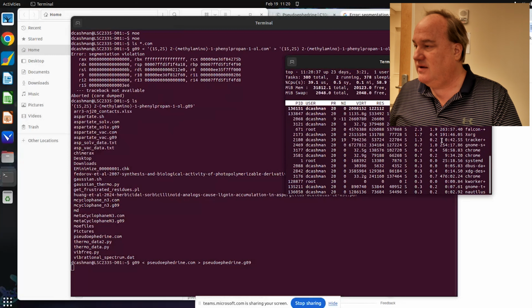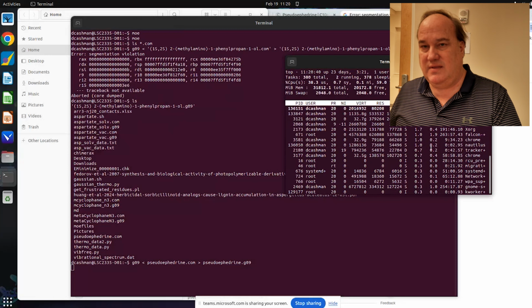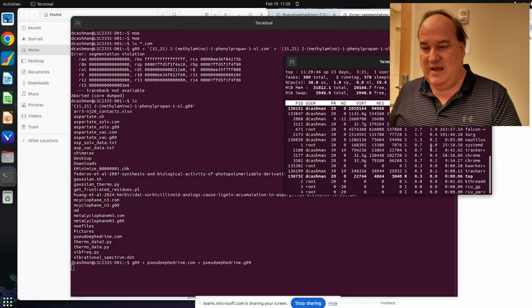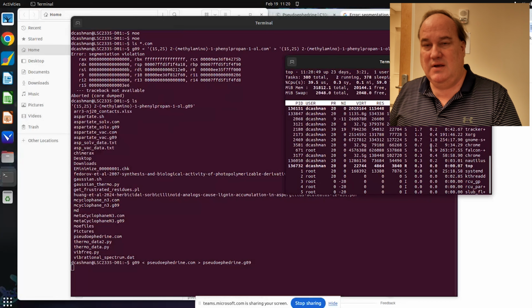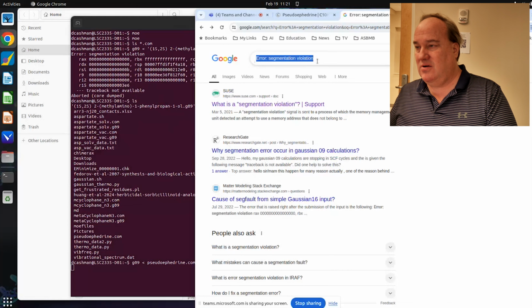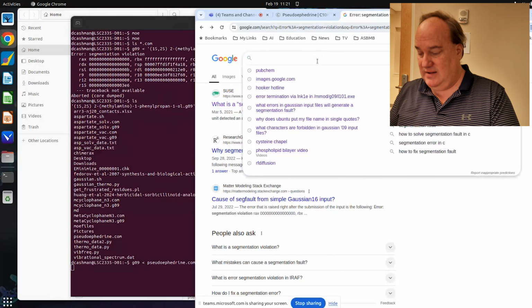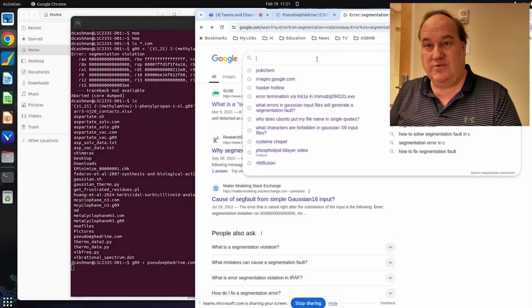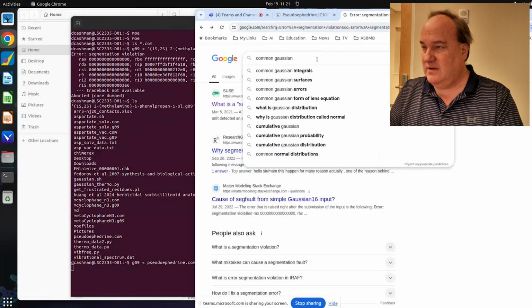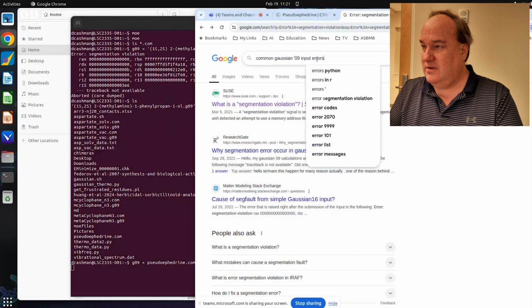We're still executing Gaussian here. But that's kind of the way to just see, you know, when you have errors and issues, go to Google and take the error. Now, if there was an error in the file name, I can just cut and paste that error to Google, and then I can cut it, and then I can paste it here, right? One other thing to do, Google's your friend, right? You can also say common Gaussian 09 input errors,